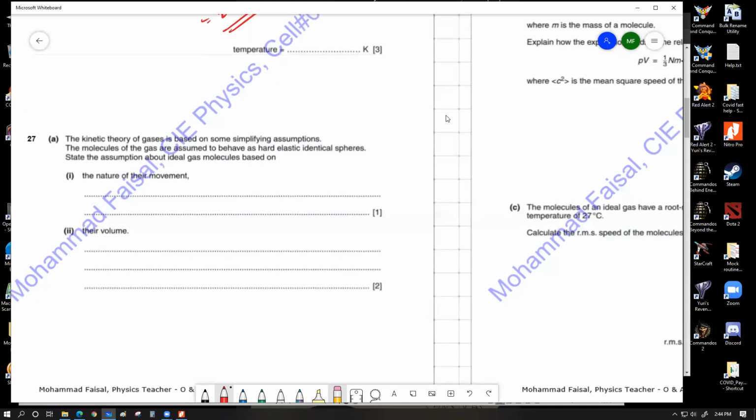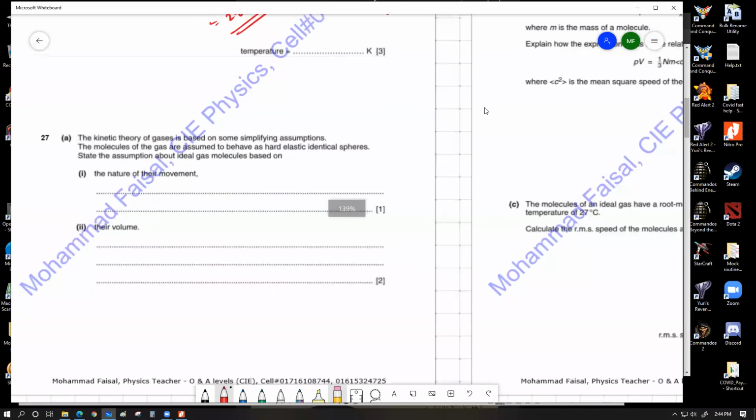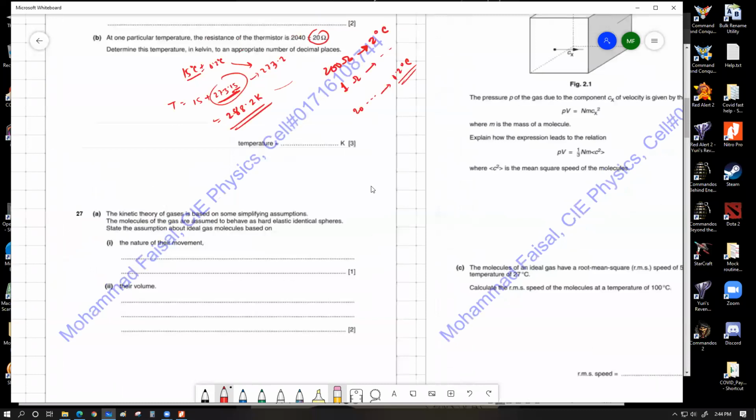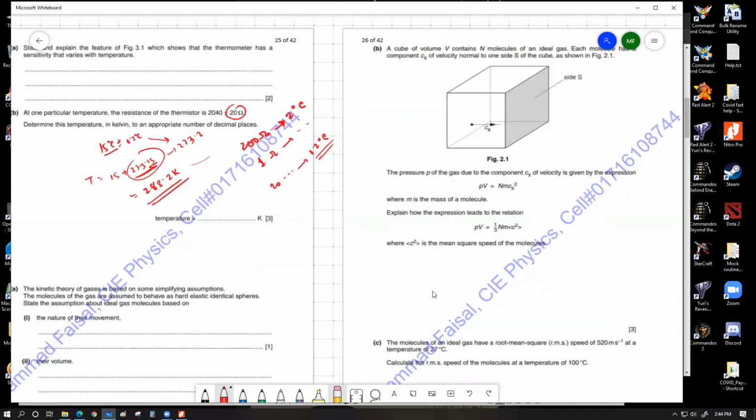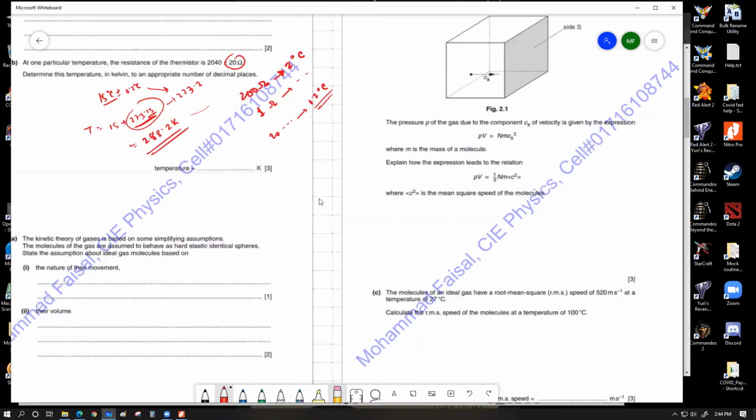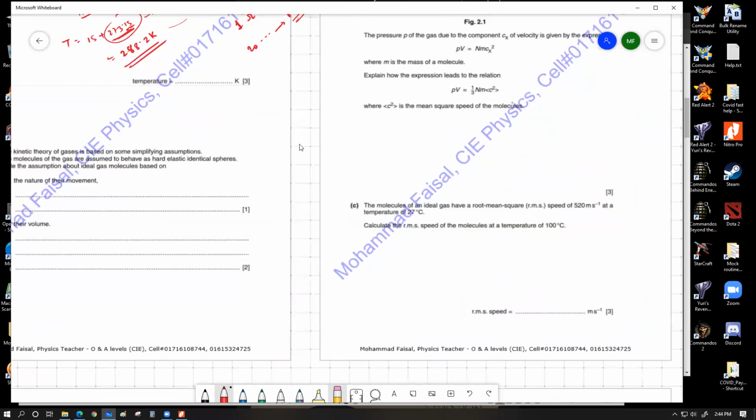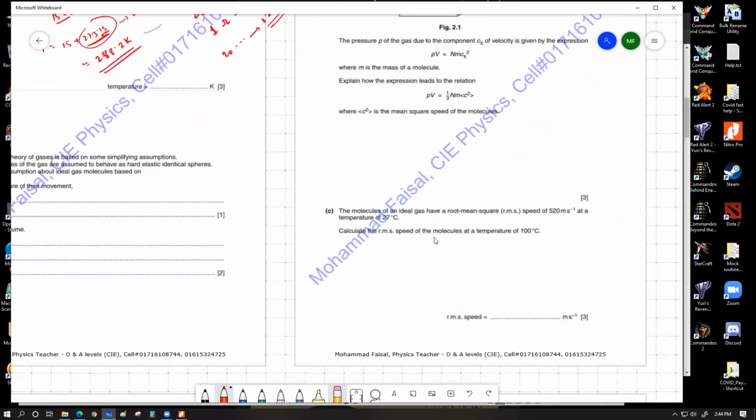27. The kinetic theory of gas, based on simple check the Habibi question. এরপর হচ্ছে PV equals to 1/3 mc square একটা প্রুফ, এটা তোমরা করবা। আচ্ছা, আমি এই কোশ্চেনটা একটু দেখাই।